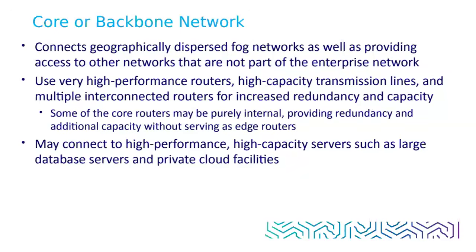And then the core, or you can say the backbone network. This network is going to create the high speed communication infrastructure which can connect different fog networks, enterprise networks, cloud facilities, and also other external networks. A core or backbone network is a high speed communication network. The backbone network serves as the main communication highway of an organization. Instead of connecting the individual IoT devices, it will connect